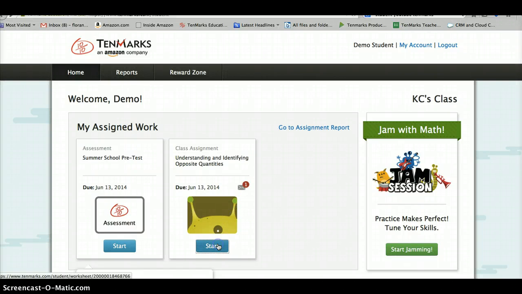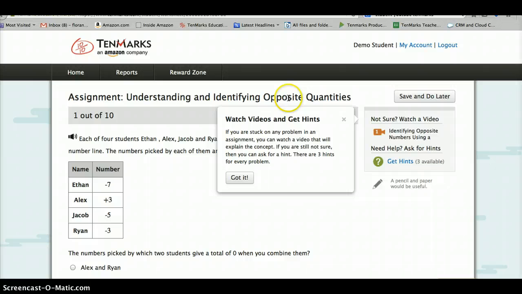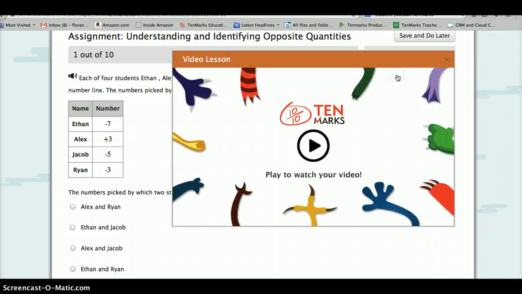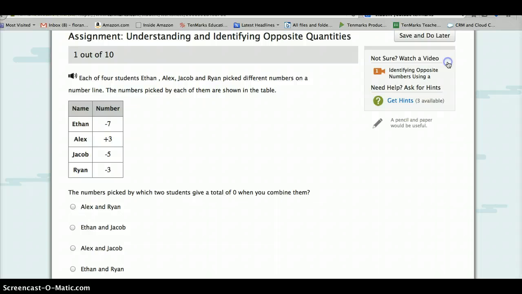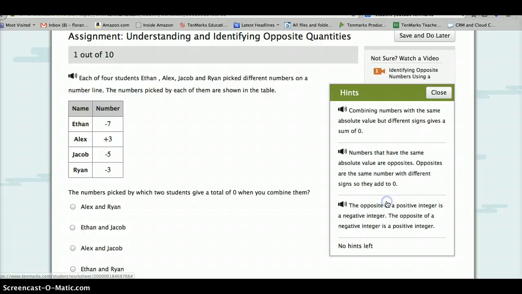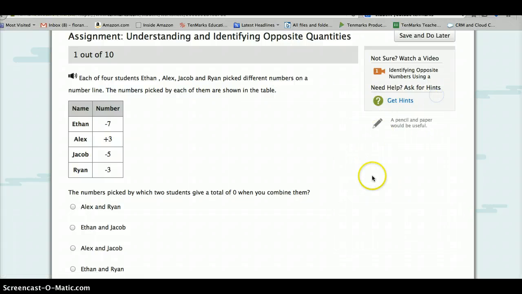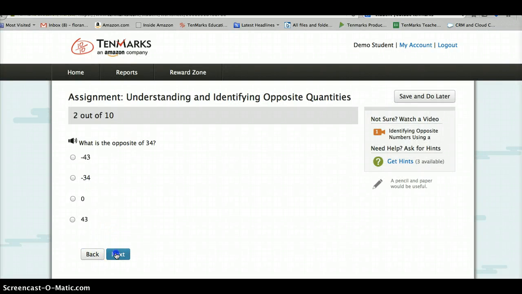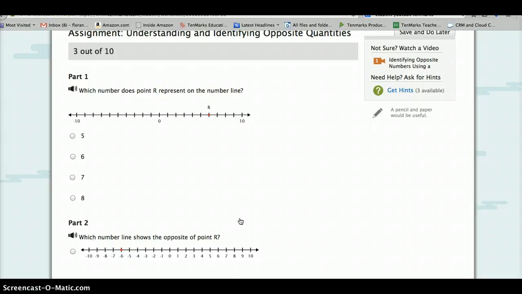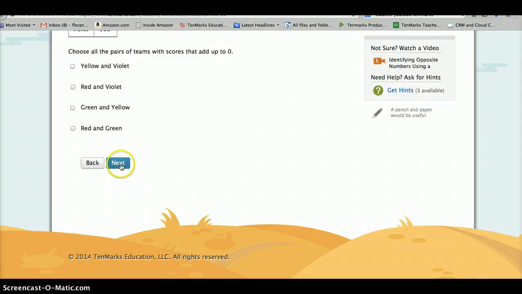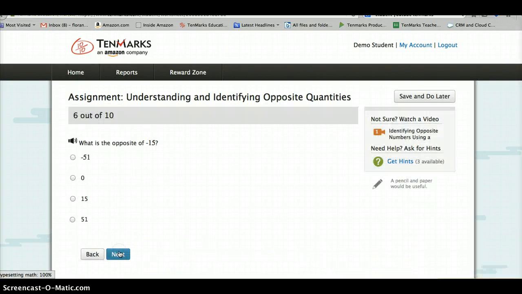Please note that when you're working the assignments, you will see that you have hints and videos that will assist the students in working each of the problems. Those can be clicked on here if the student is stuck or if they need more support, and they also have 3 hints. And so these hints are going to be helpful in having the students work through the problem successfully. When they click next, it gives them the opportunity to move forward. They can save and do it later, but when they get to the very end of an assignment, I'm just clicking next all the way through,